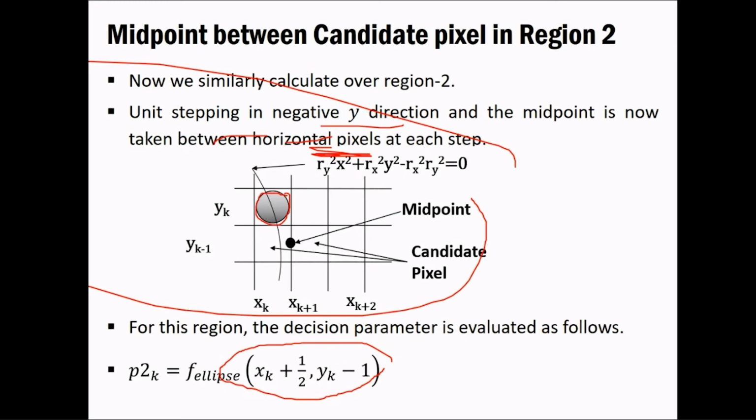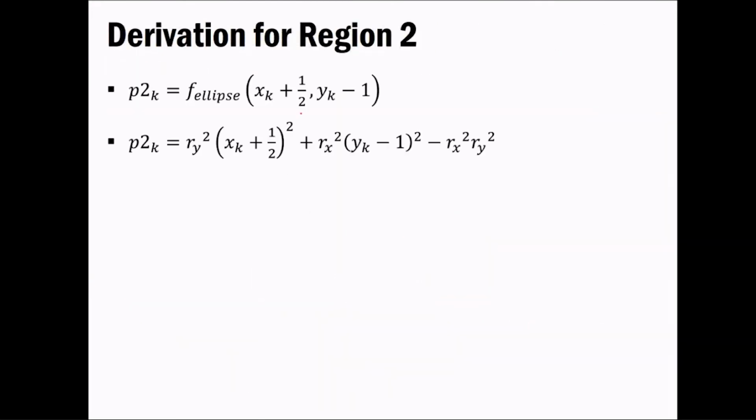And similarly, we don't know whether to increment the x value by 1 or not. So what we are doing is taking a decision parameter that is in between, that is 1/2, for our case. Out of this, you now have two values, the x value and the y value. Now you just have to consider these two values and put them into the function, ry square xk square minus rx square y square.